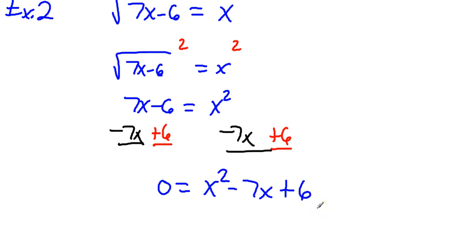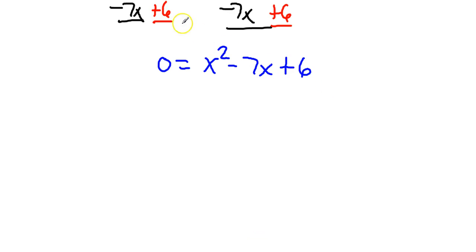So you've got 0 is equal to x squared minus 7x plus 6. And does that look familiar? Maybe a couple of chapters ago. For this one, you're going to have to solve this part, and you're going to have to do some factoring. There you go. So you're going to have to find the factors of positive 6, where the sum is going to equal